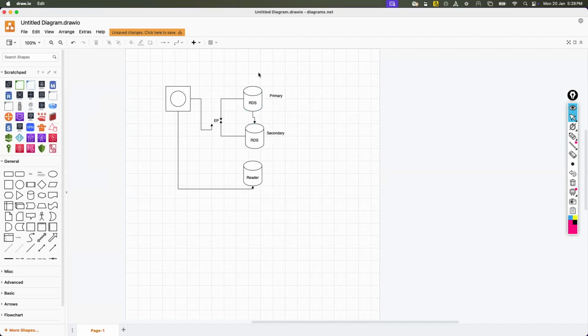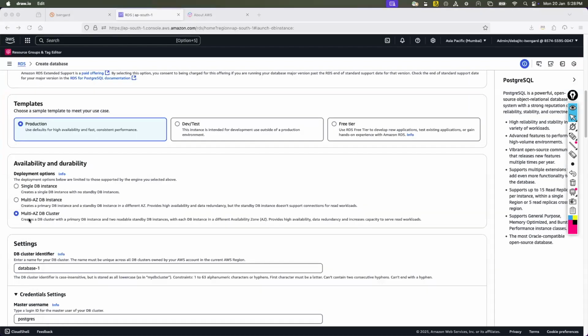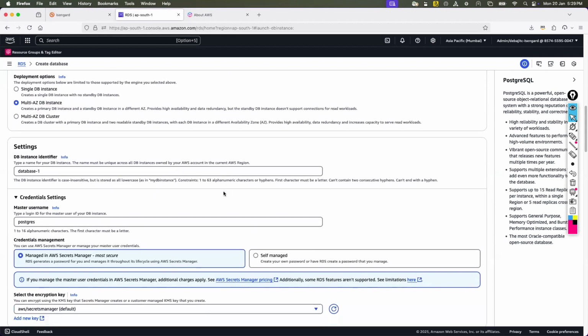Yes, if one data center goes down, then my secondary data center, the AZ, you remember AZ, will still be there, so that automatically the failover will be there as a high availability option, right? So it's always a good practice that you choose the multi-AZ DB cluster or multi-AZ DB instances, so that your database will be in good shape from the high availability perspective.